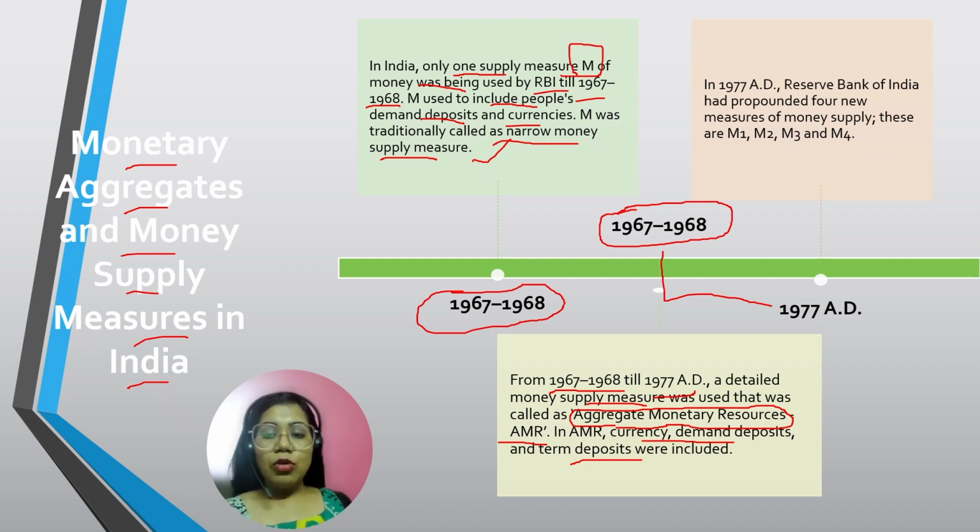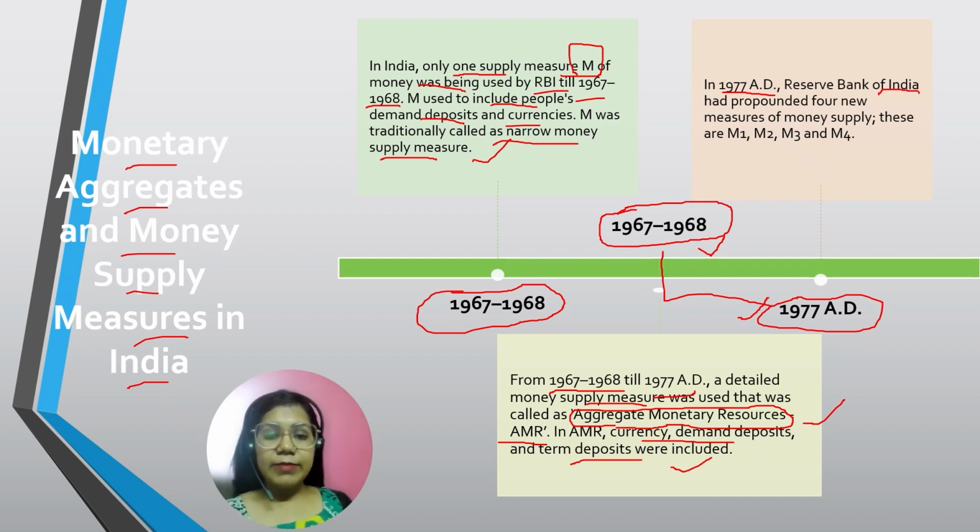So during this time period from 1967-1968 to 1977, an aggregate which was used was aggregate monetary resources, which also included term deposits along with currency and demand deposits. Now in 1977 AD,